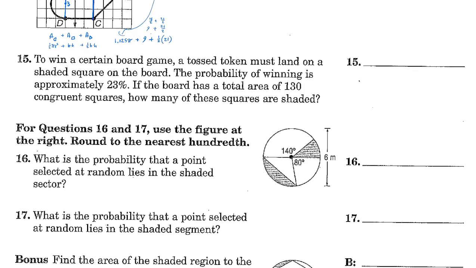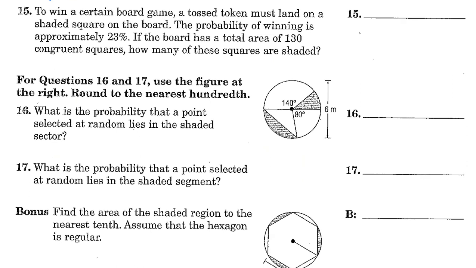Crazy problems. Okay, to win a certain board game, a tossed token must land on a shaded square on the board. The probability of winning is 23%. If the board is a total of 130 congruent squares, how many of these are shaded? Well, that means we have 23% of the total 130, how many of them? So out of 130, how many make